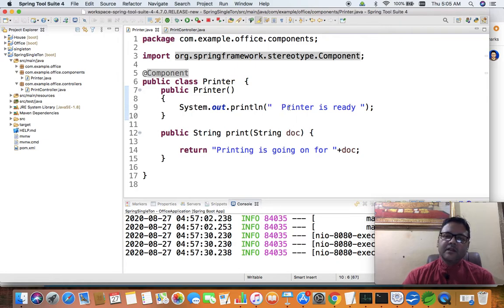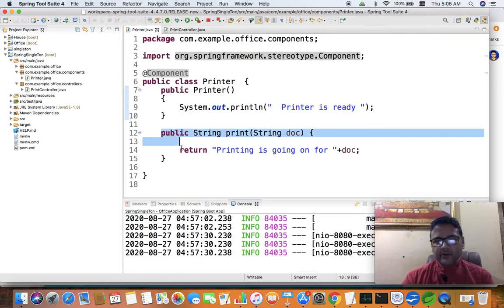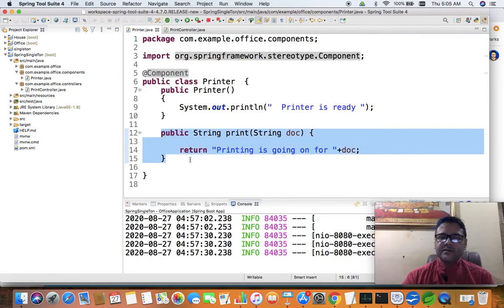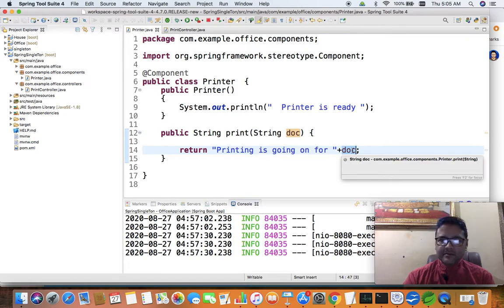So this line is going to print into the console window. I have also created an ordinary method called print. It is going to accept an argument and print whatever argument it accepts, that is called doc.